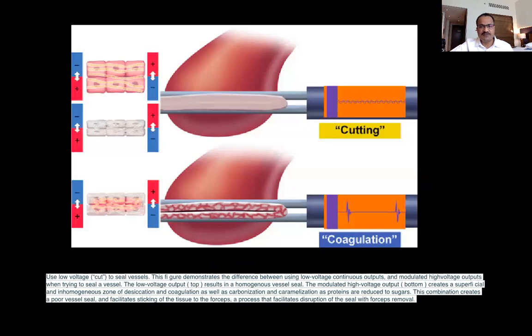So this is a vessel that is bleeding, and here you will appreciate in the upper part the vessel is clamped with the forceps grasper, and the current passed is low voltage cutting current, and you see a uniform coagulum form. While in the lower part you will see that it is not very uniform. At some places it is haphazard because the resistance changes, and it is not uniformly passing across the vessel walls, so the coagulum formed will be less. So in a nutshell, cutting current is better for vaporization as well as desiccation.